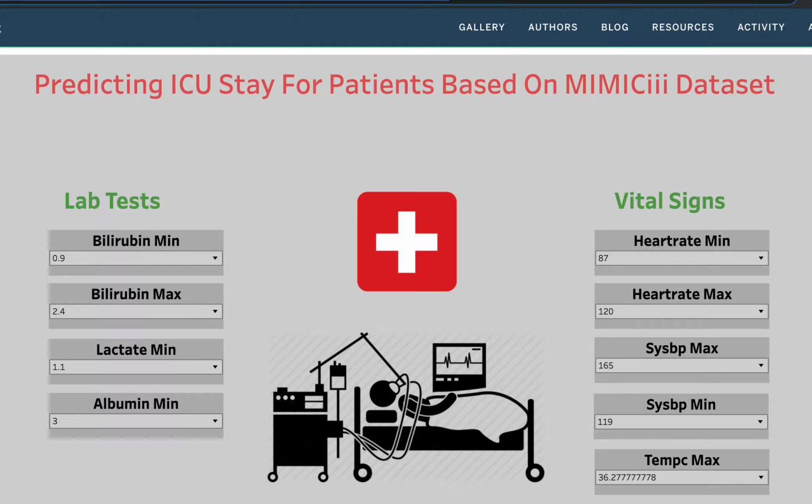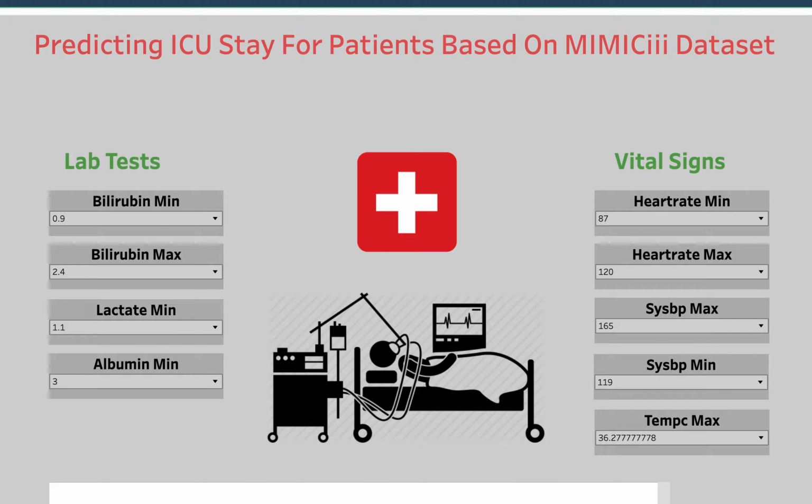Hello everyone, my name is Dhruv Patel and my project was regarding predicting ICU stay for patients based on the MIMIC-3 dataset. First I'd like to introduce the idea of the project, which was to predict the number of days a patient will stay in hospital,